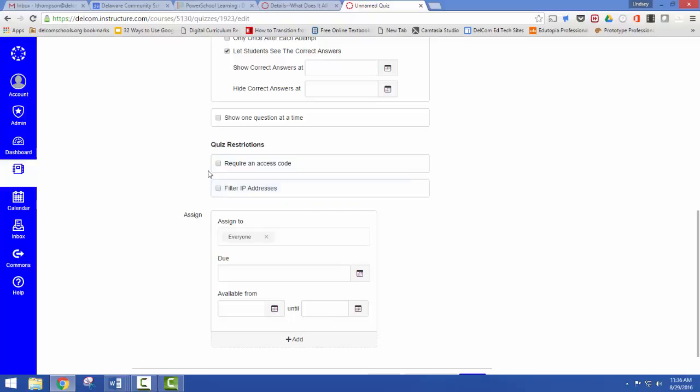For quiz restrictions, you can choose to require an access code. So I would do this if I'm using the same test between class periods, and I would just change it at the end of each class so that students are not able to get into the test before their class period starts. You can also filter by IP addresses. I've never done this and don't know how effective it is. In theory, you could make it so that only students who are at Delcom, like physically on our school grounds,